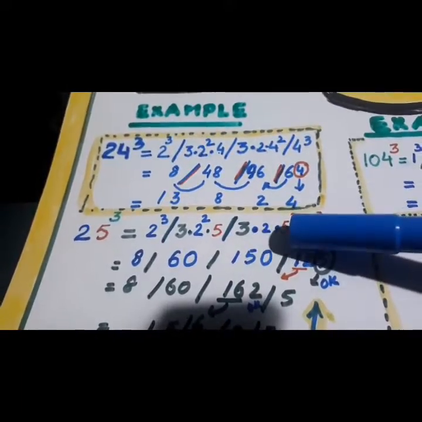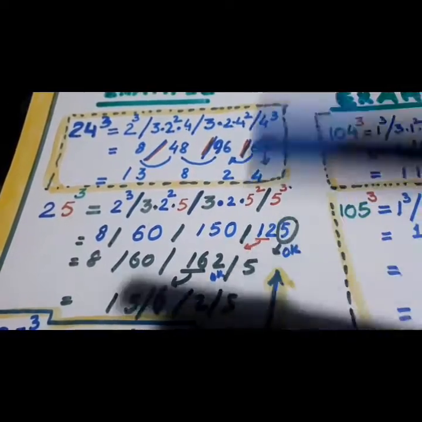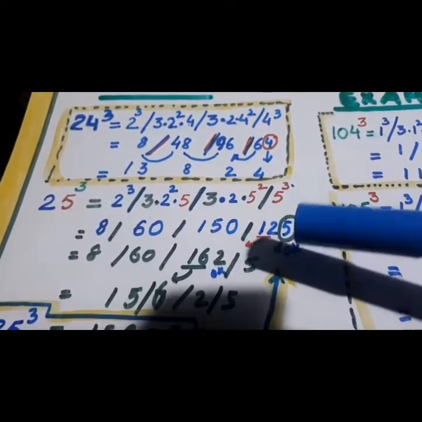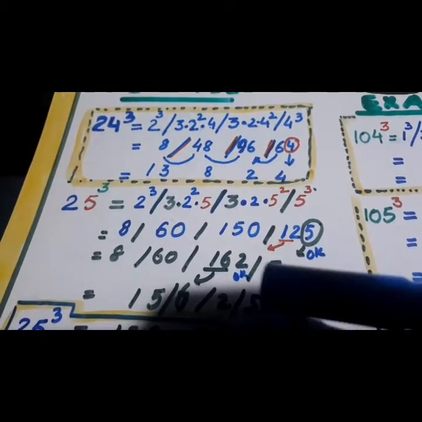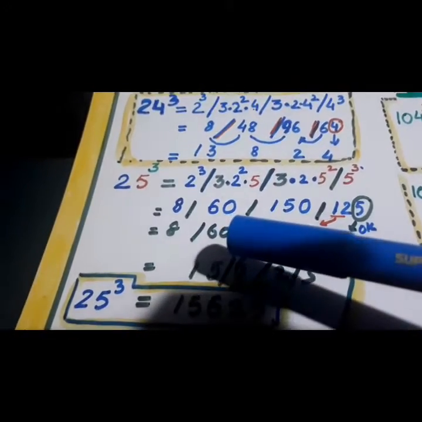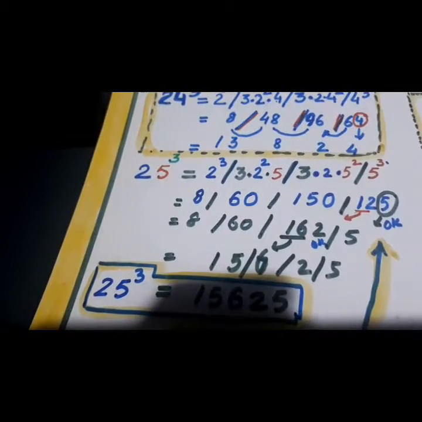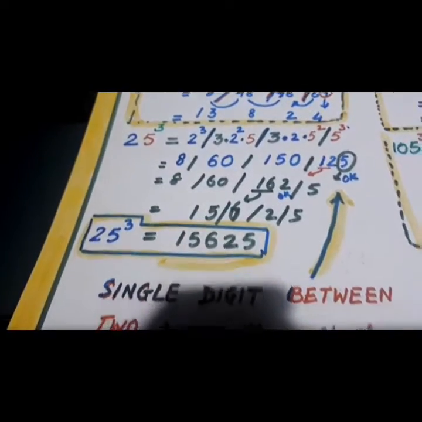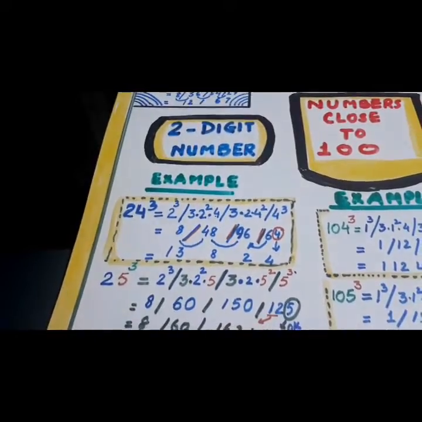अब देखिए ये भी स्लैश है, ये भी स्लैश है, ये भी स्लैश है, ये भी स्लैश है. आपको एक डिजिट रखना है, बाकी कैरी कर देने हैं. Now it is 125. Keep only 5 here. Take 12 on this side. Add 12 on this. It becomes 162. Now keep 2 here. Take 16 here. It becomes 76. Keep 6 here, take 7 this. So it is 7 plus 8, 15. So answer is 15,625. So this is how we will be going ahead with 2-digit numbers.